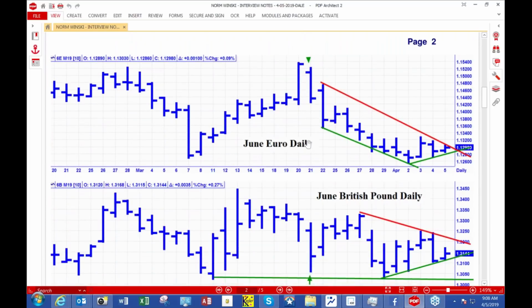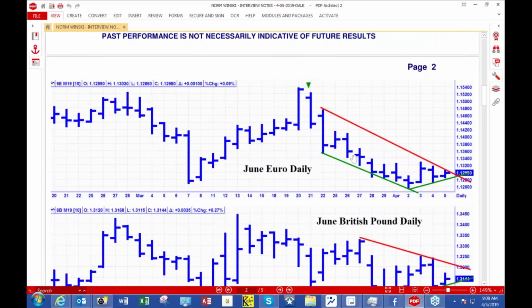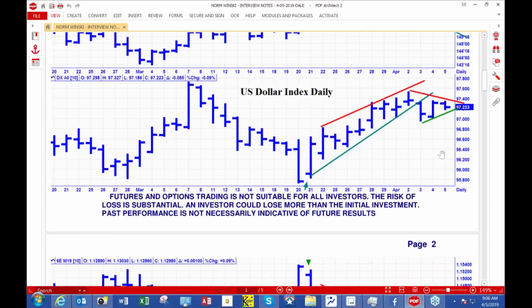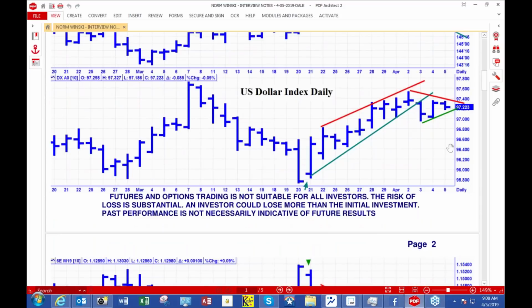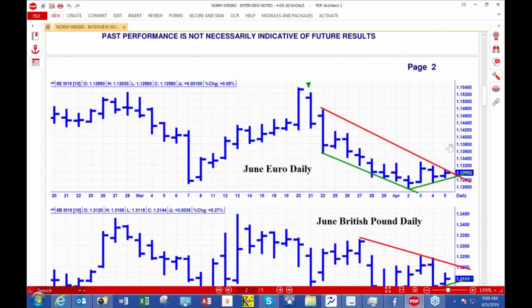Did you have anything near the lows this week? What do you mean? Well, the euro is kind of scraping along there. Most of these markets, especially the currencies, and you folks were just talking about this, the low volatility. Well, look what the markets are doing here the past few days. They're all kind of trading into a wedgie. Very narrow, and when you get to a change in trend window and you're at the wedgie apex, you're probably going to